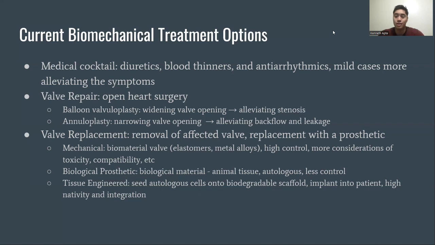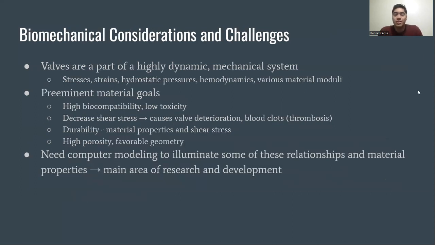And then a new approach is tissue engineered prosthetics, which is just seeding autologous cells onto a biodegradable scaffold, letting it mature, and then implanting that into the patient. Since the cells are from the patient themselves, there won't be any danger of toxicity or lack of biocompatibility. Some considerations and challenges all revolve around how complex and dynamic the mechanical system of